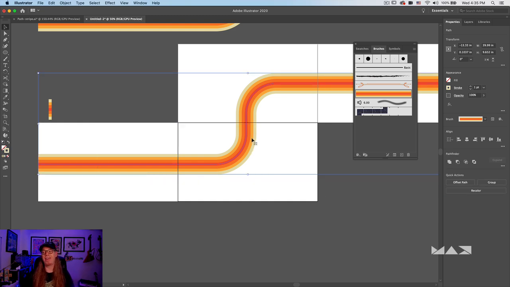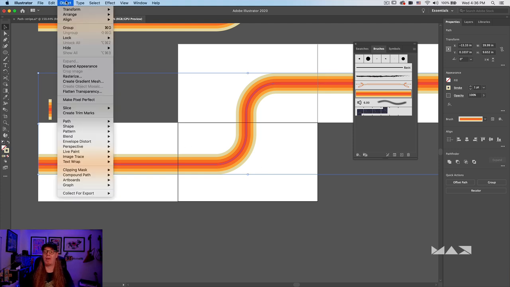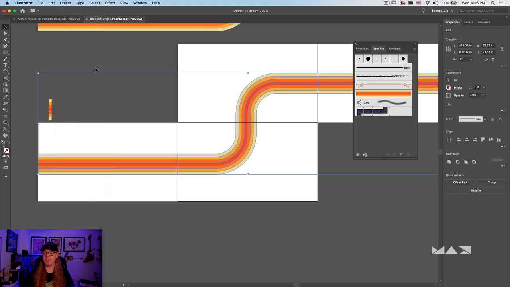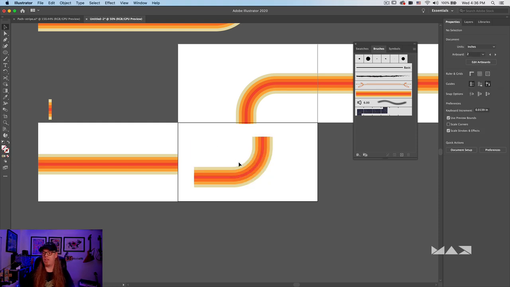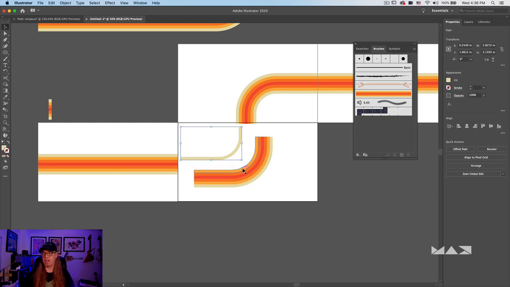The last thing for us to do here is make sure that this will import into a website or another program, is remove it from no longer being a brush, because other programs won't understand your Illustrator brush unless you're going into a program like InDesign or Photoshop or one of the other programs in the Adobe array of Creative Cloud. So we just take that path, we select everything there, we go to Object, Expand Appearance, and now you can see, if I grab one of these again, it's actually made up, I'll ungroup it, it's made up of these individual objects, right?